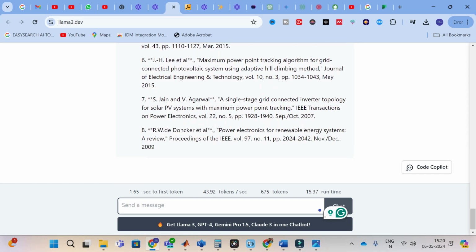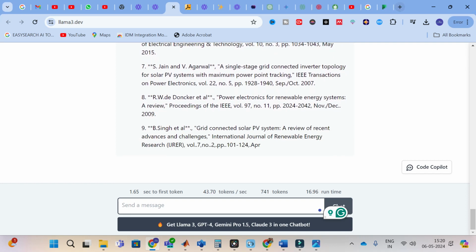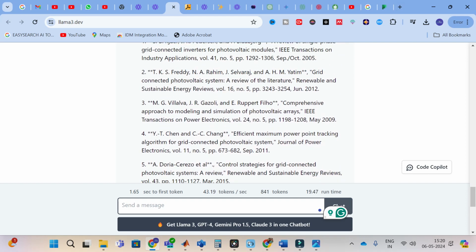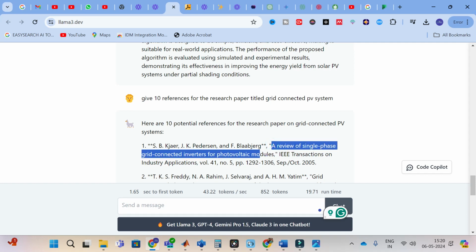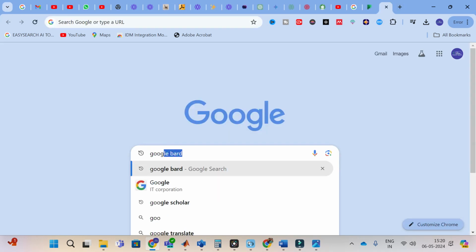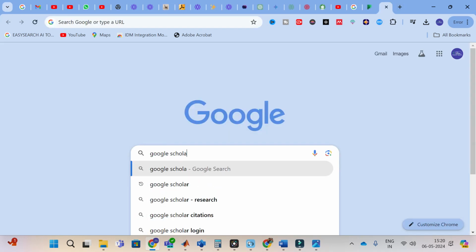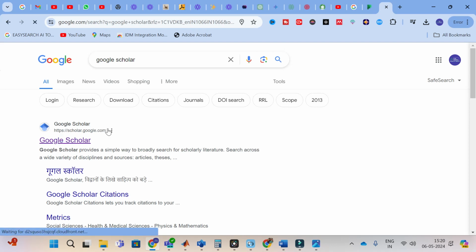After they are generated, we will check whether the papers are correct or not. First I am going to copy this one, that is, review on single phase grid connected inverter photovoltaic modules. You can use Google Scholar, so thereby you can get a better idea.